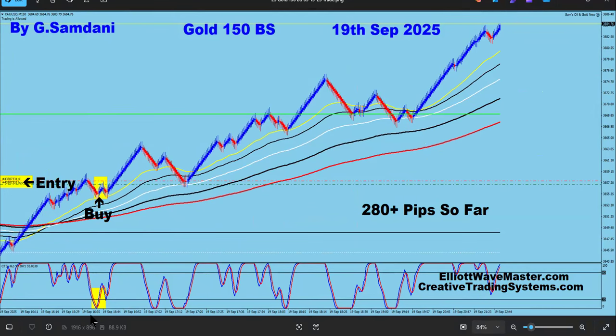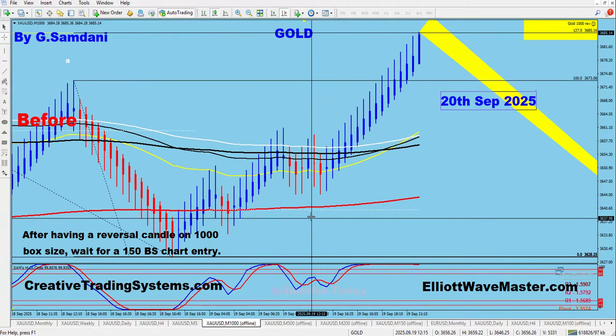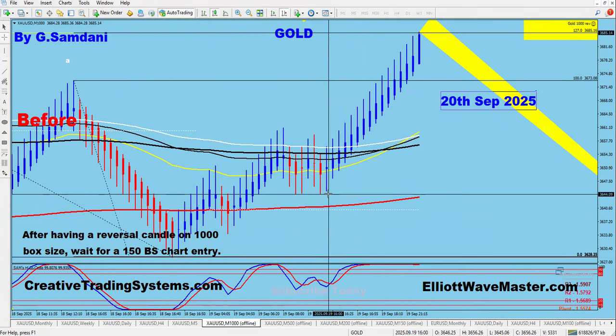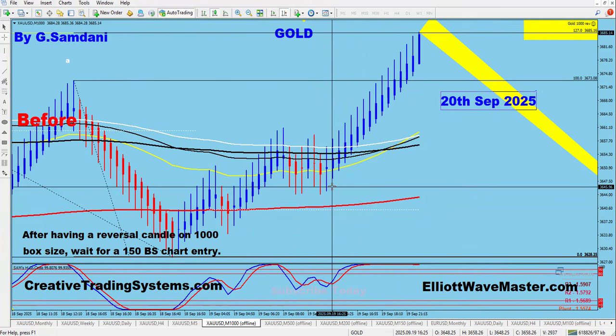What is the time here? It's September 19, 1635. So let's say 1630, or let's say 1600, right? So September 19 after 1600 hour. What happened? Let's go take a look. Which candle? See, this is a reversal candle, and we can drop, and then this is a reversal candle, and this, right? So this is a signal that we might be going to the upside, and that is what happened.